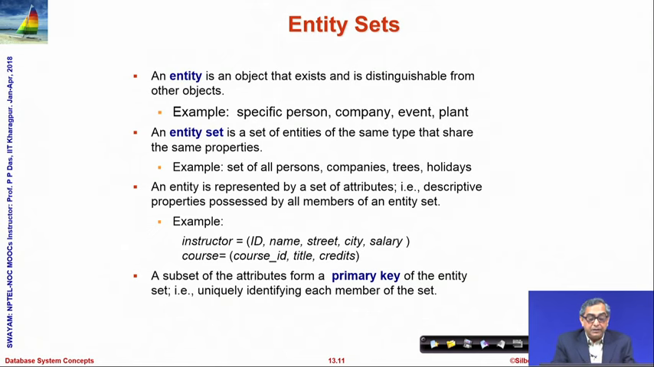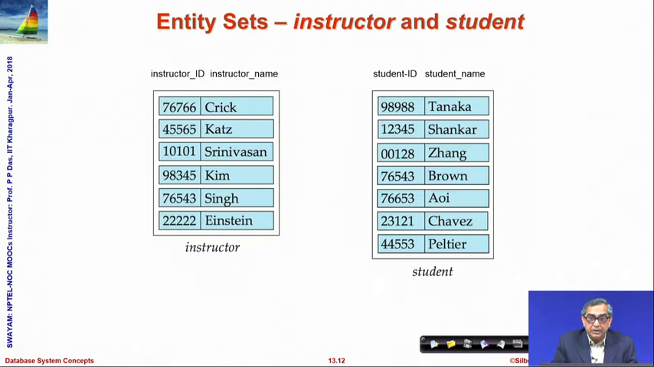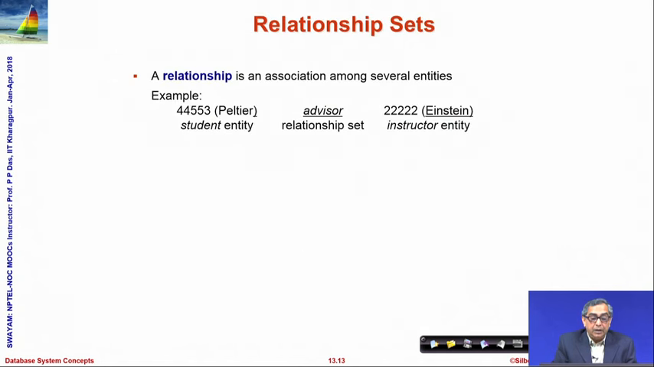A subset of attributes in the entity set forms a key called the primary key, which can uniquely identify every entity in that entity set. We are already familiar with this concept of primary key, and the same concept continues. These are examples of entity sets: instructor with 2 attributes and student with 2 attributes as well. A relationship is an association